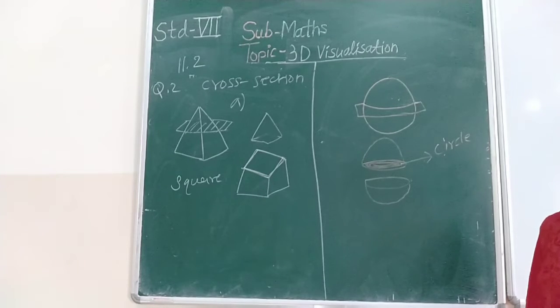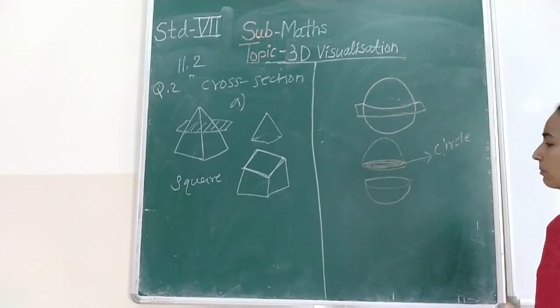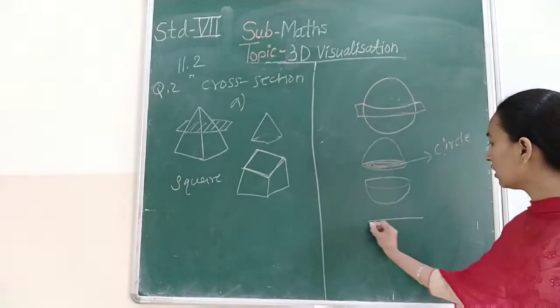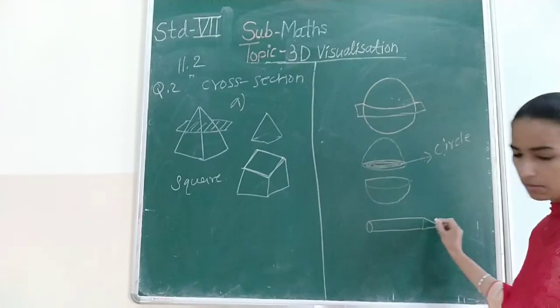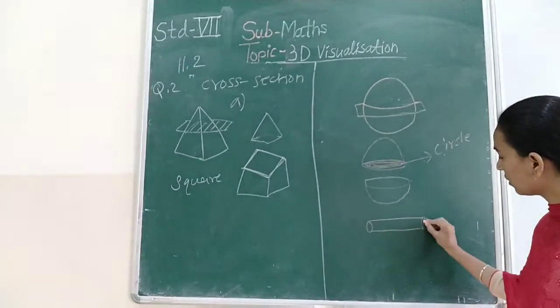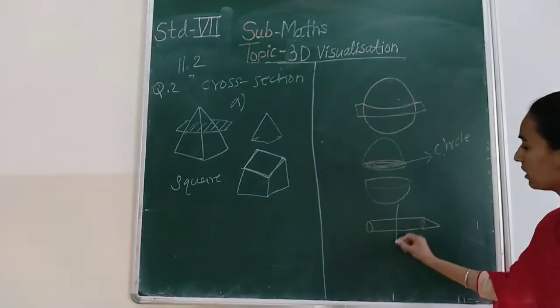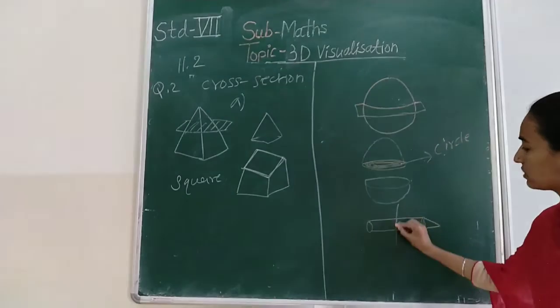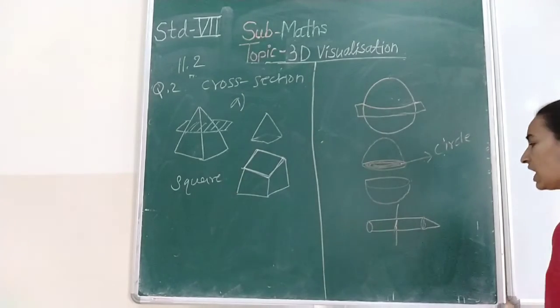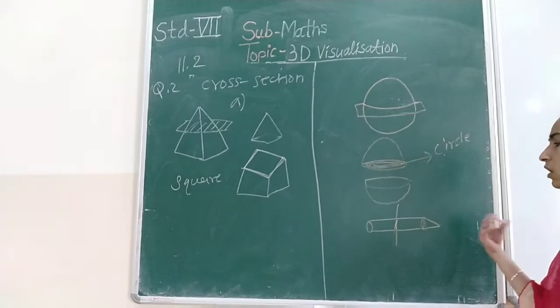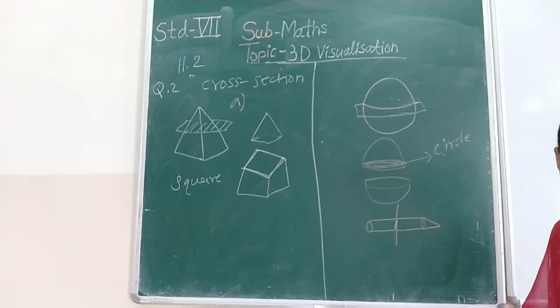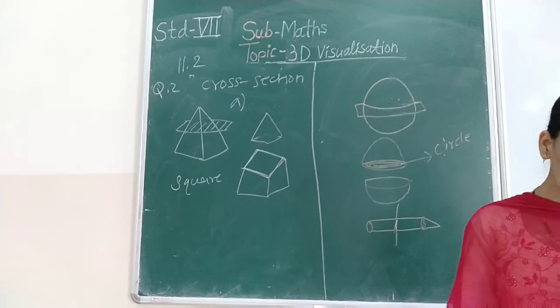Okay. The next, D, is for you. Tell me the answer for that. When a pencil is cut vertically, you are having a pencil in this shape. Yes. A pencil looks something like this. When we cut it vertically, which shape does this figure give? Tell me the answer. Either it is a rectangle, or a circle, or whichever it is, you have to tell me. Okay. This is your question number 2.